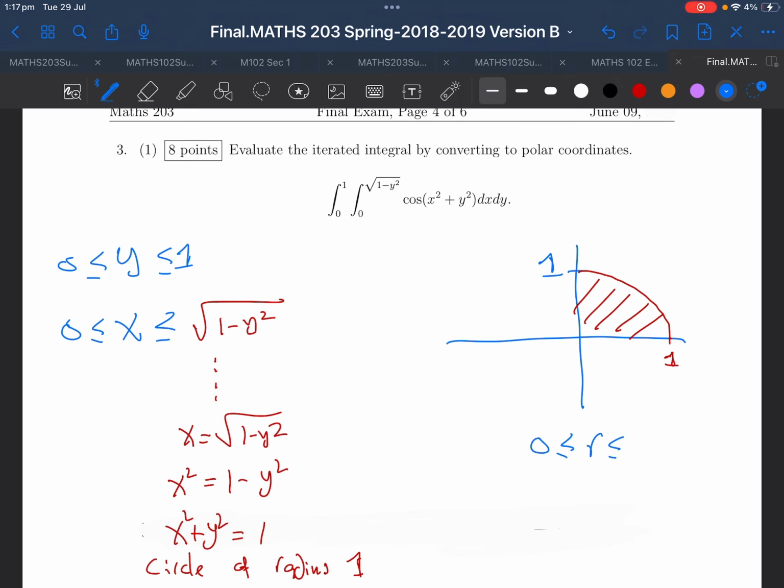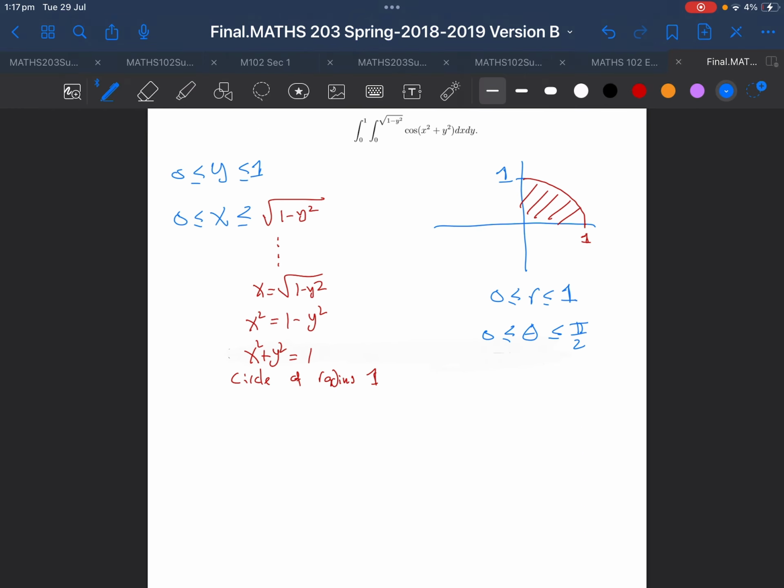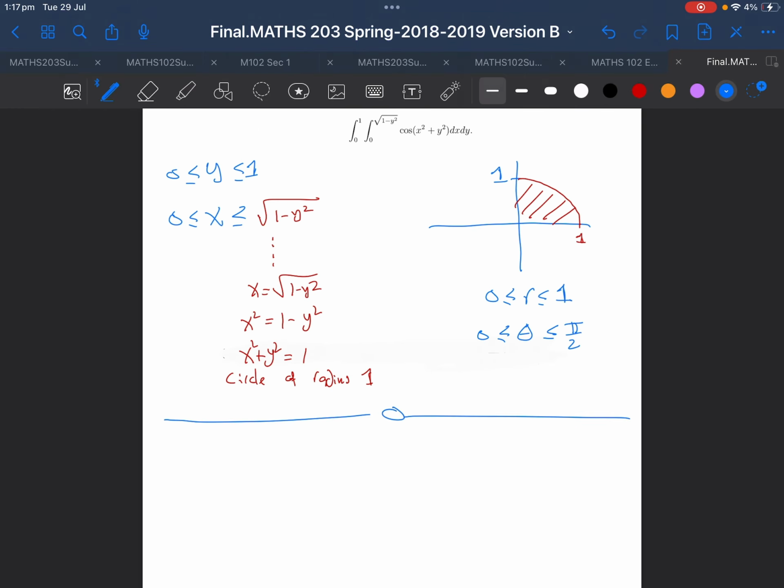Now, if we change it to r and theta, r would be from 0 to 1, and theta is clearly between 0 and pi over 2. Take all this information and put it in the question. So the integral would be from 0 to pi over 2, integral from 0 to 1. Cosine, what shall we write inside? It will be just r squared. And then we have r dr d theta,